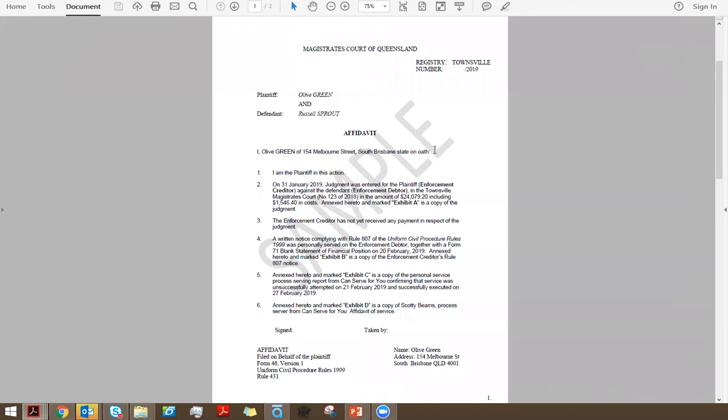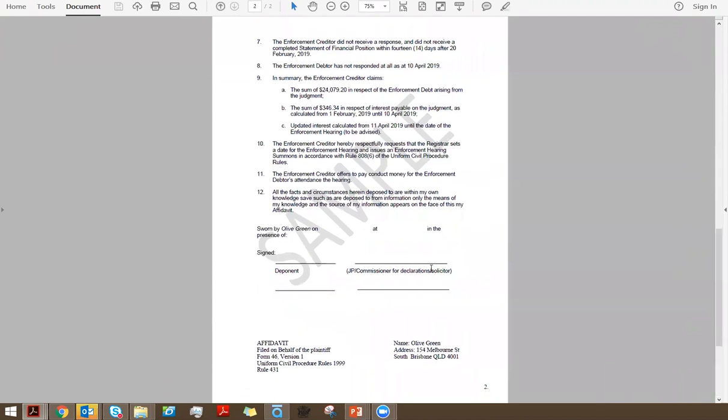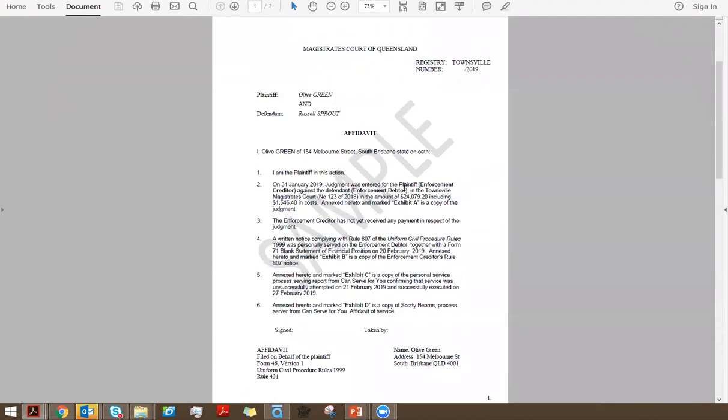You can see that she's decided to make this affidavit on oath, and she's made a number of statements. Okay, so we would first cite Olive's ID, and reading through the affidavit, you can see that the deponent is referring to Exhibit A, Exhibit B, Exhibit C, and Exhibit D. So you do want to make sure that those 4 attachments have accompanied the affidavit.